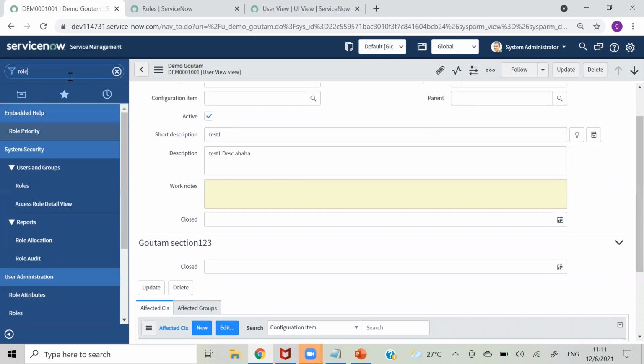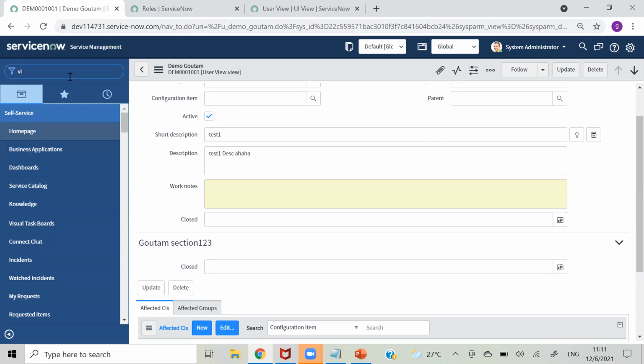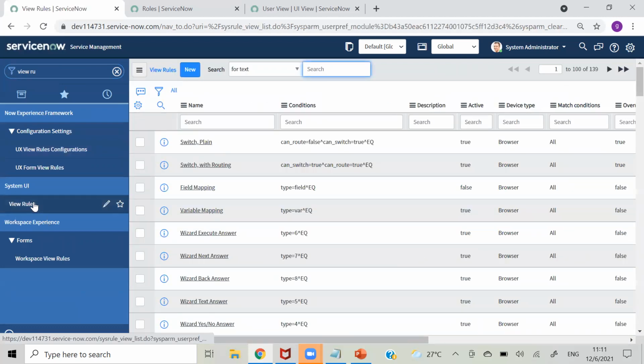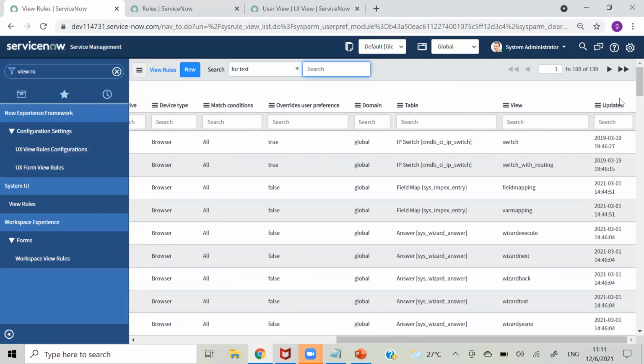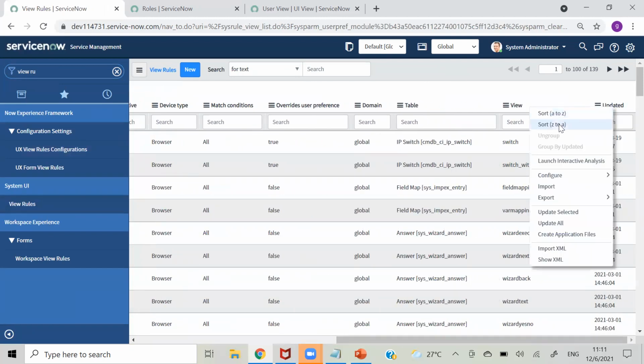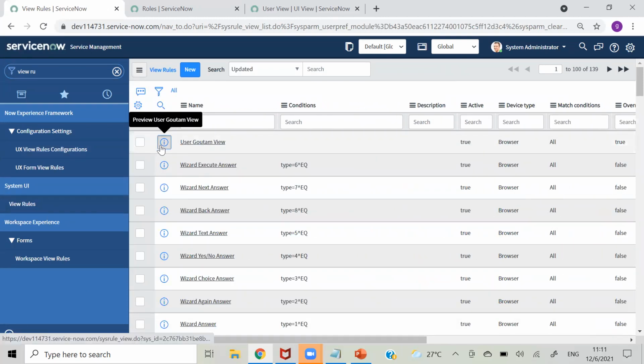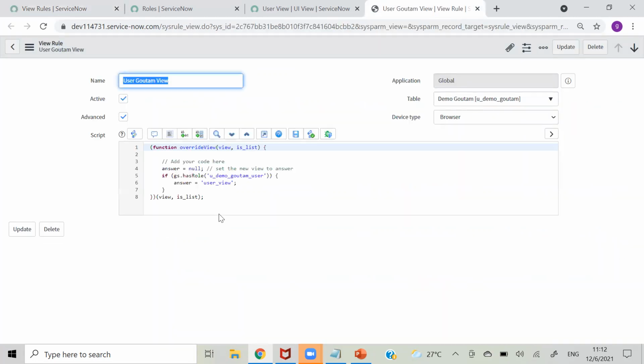Because it is affecting our admin also, let's make some changes in that. So created by today, where is that? Okay, updated today. Okay, so this one, as it is affecting our user, we have to make some changes. First of all, I am removing this part.